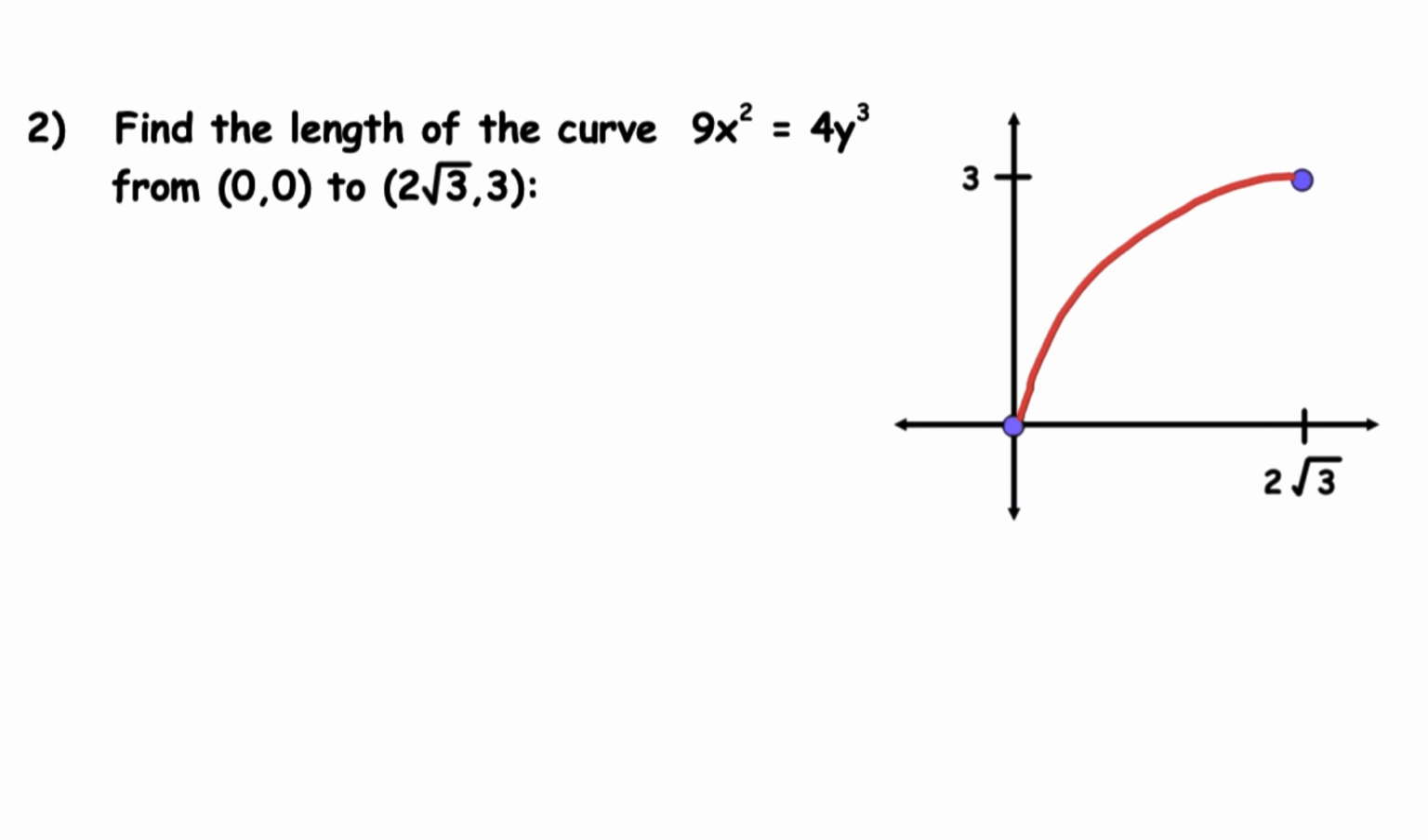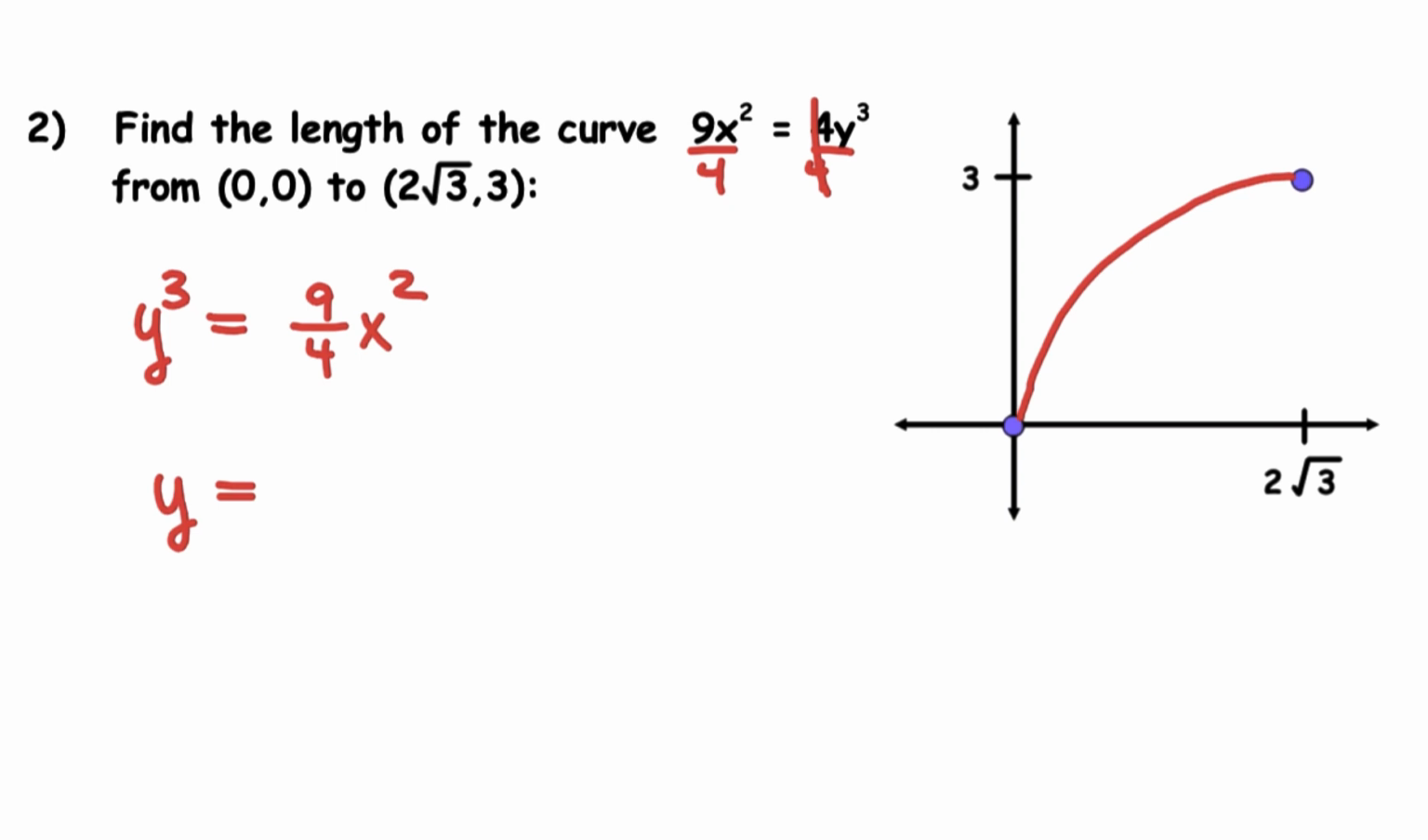All right, I'll start by getting y by itself. If I divide both sides by 4, I'll have y cubed. You may not want to write this down, by the way. I'm going to change my mind, just want to show it to you. It equals 9/4 x squared. If you cube root both sides, you're going to get y equals,